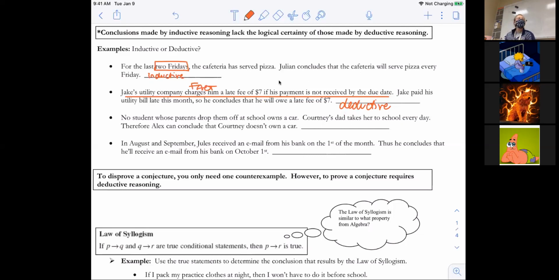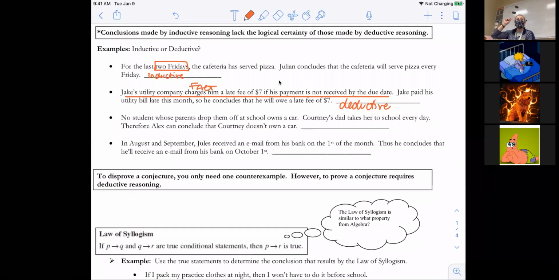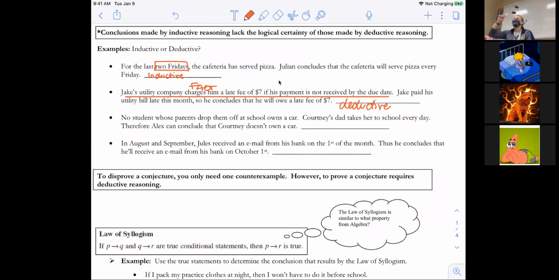Good. So what happens is we have prior experience, right? You thought for a second, you're like, oh, well, my sister has a car, but one time we had to get dropped off because the car was in the shop, or we had a flat tire, or we were going on vacation and my mom was going to pick us up after school. You have an example in your head probably, right?